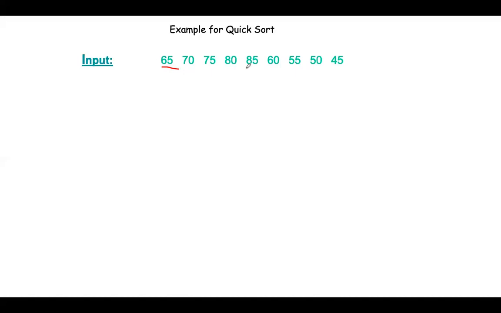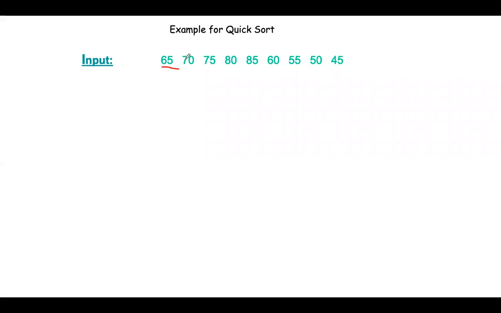That first part of the algorithm we call the partition algorithm. Partition means we'll divide the array into two parts. It may be half, or 1/4 or 3/4, like that. We divide the array into two parts based on the pivot element. The first element itself we consider as pivot, and then we place that pivot in its exact location. If the pivot element was 45, it would have been in the first place itself. If it is 85, then it will go to the end of the array.